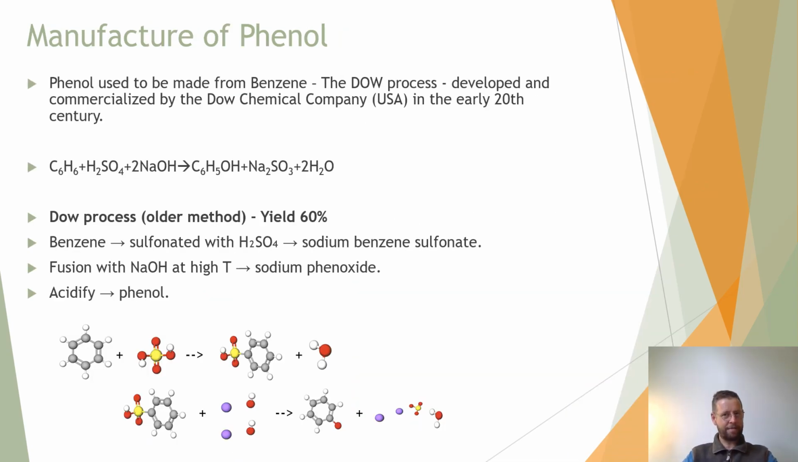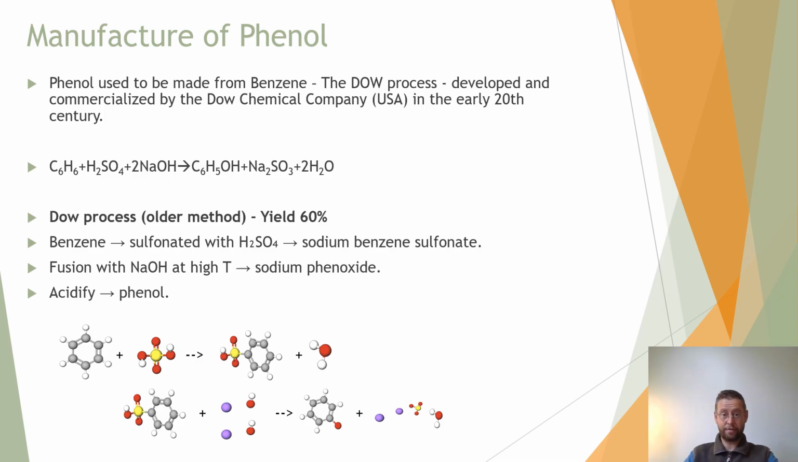So how do we manufacture phenol in the first place? Well, the starting ingredient is, of course, benzene, which is an oil derivative. Now, there's this process called the Dow process. It was developed in the first part of the 20th century by the Dow Chemical Company in the USA. And basically, it's a multi-step process where we get our benzene and we react it with